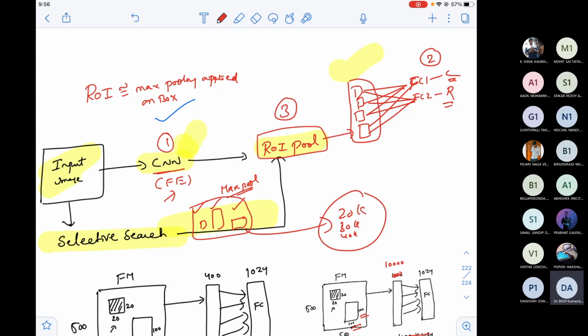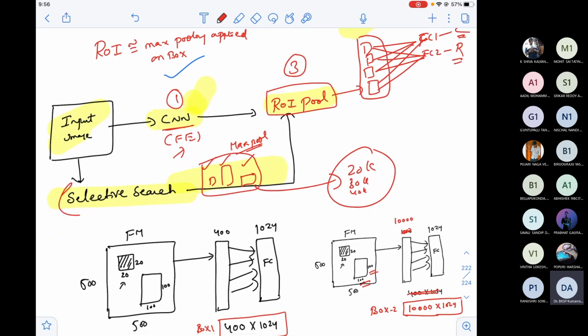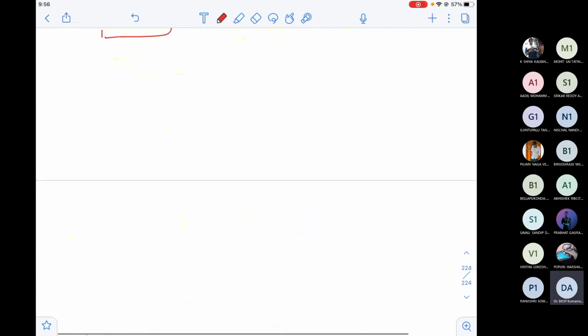Now somehow I need to automate this selective search algorithm, which is possible with CNN. Earlier I classified the object in the box, and I could find out the coordinates of the box using CNN. Now I'm saying that even the box proposals should be done by CNN. This reduces a lot of time, and people call this faster RCNN.